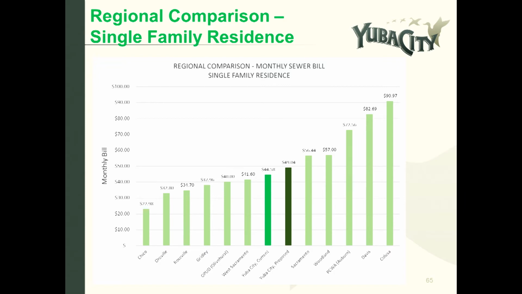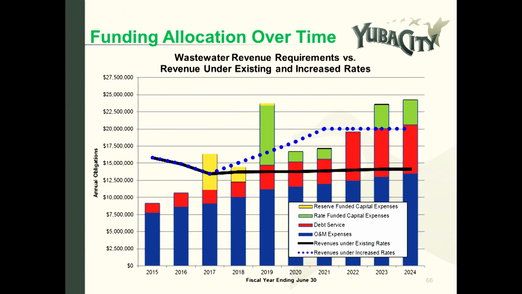And again, council asked for information in terms of how Yuba City's wastewater rates compare to other agencies. And here are Yuba City's current rates and the proposed, and this is the same list of agencies that I listed for water. In this situation, Colusa's at the high end and Chico's at the low end. So again, with the rates proposed, we anticipate being able to fund our O&M expenses, debt service, and then capital projects as outlined as part of the rate study. And then our debt coverage ratio again stays above the 1.2.